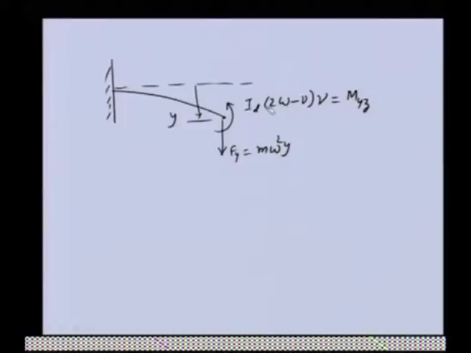If you remember, for the case of synchronous whirl, we had nu is equal to omega. That was the first lecture, and if we substitute this here, we will get the same expression as we got earlier. Only thing is, in this, I think one expression Vx is missing. So we will get the same expression. If we substitute this, we will get the gyroscopic moment as nu square Vx.